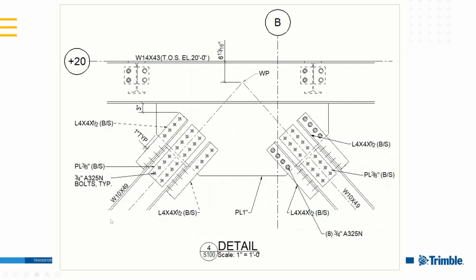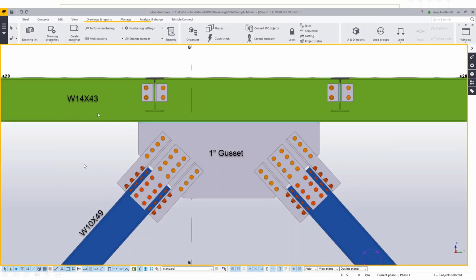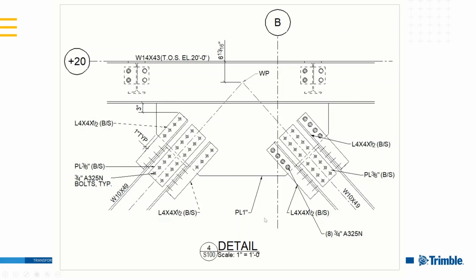So right now we're looking at just a little detail of a gusset. I've got a few things going on here, which I'll point out in this model view of that same detail. I've got a W14 by 43 beam, a W10 by 49 brace, and a 1-inch gusset initially, right? And we saw all of that back here in our drawing view. I've got the 1-inch plate, the 10 by 49 gusset, the 10 by 49 brace, and the 14 by 43